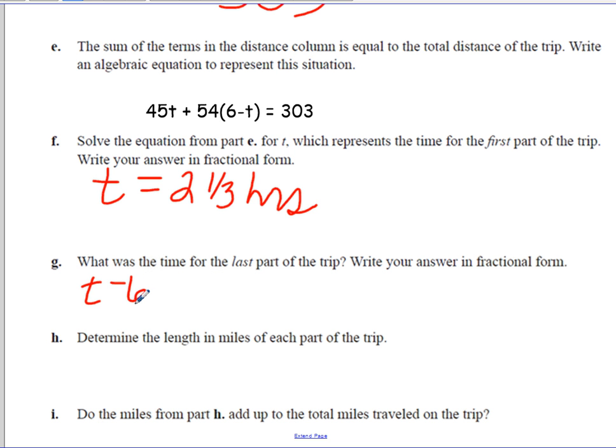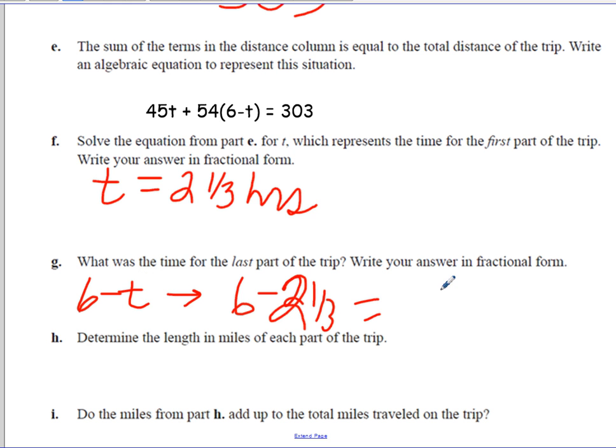Or sorry, 6 minus t. So we're going to do 6 minus 2 1/3 to give us, that looks like 21/3, doesn't it? I'm sorry, it's very sloppy. But that would give us 3 2/3 hours